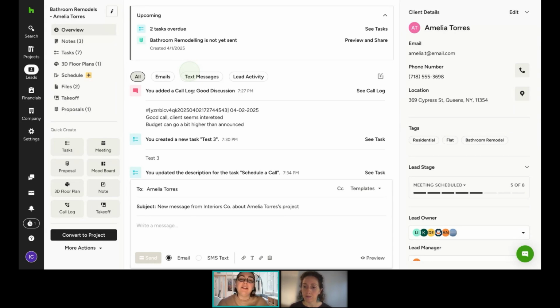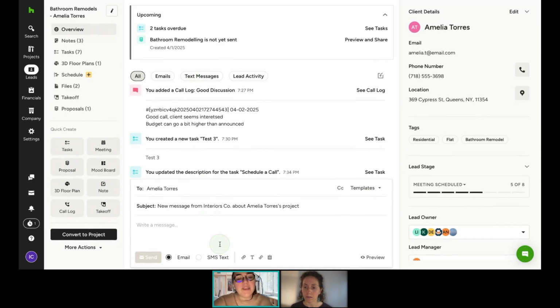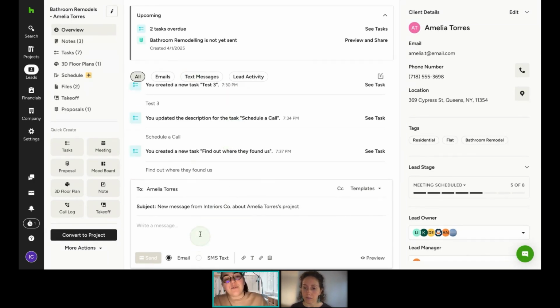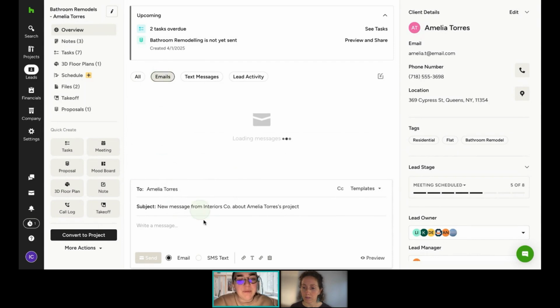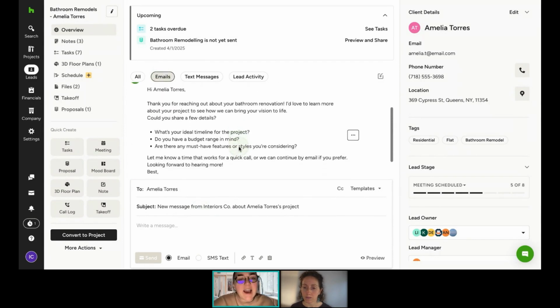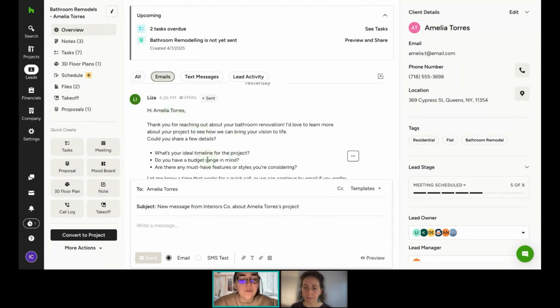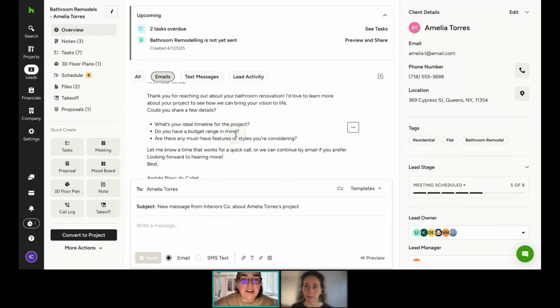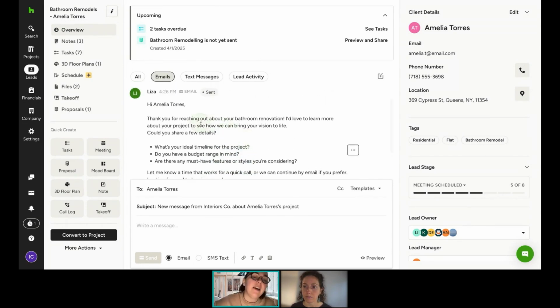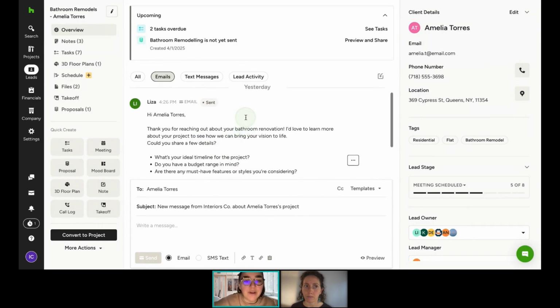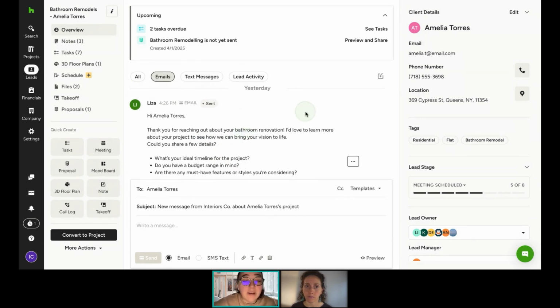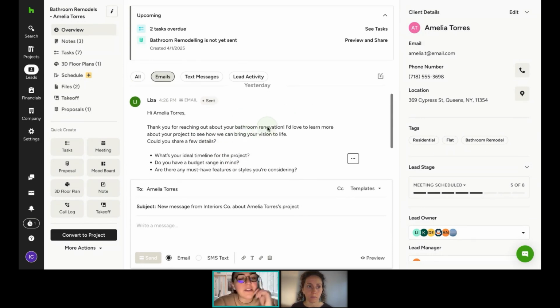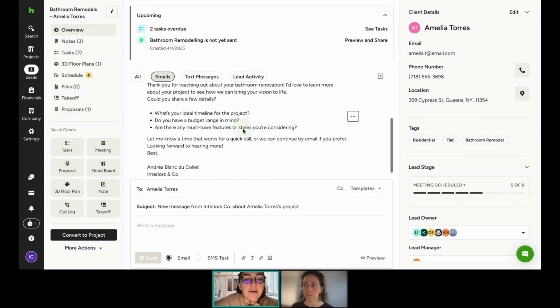So how do we make sure that we centralize everything at the same place? Something that we can do is through the emailing platform here. As you can see there, I have sent an email to Amelia to actually engage in the conversation directly. So she will receive an email from me in her Gmail address or in an email box